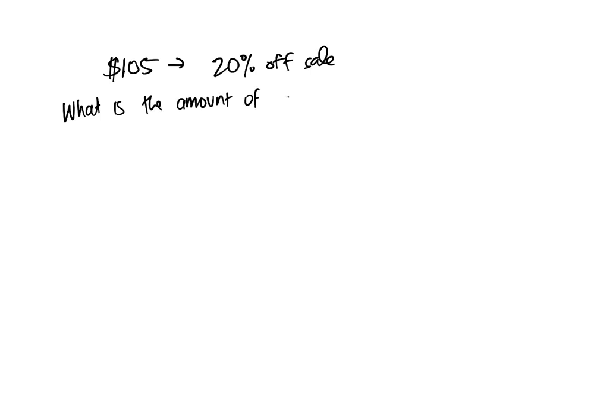One last application we'll go over is about pricing. So a textbook that is originally $105 is on sale at 20% off. So now instead of a percent increase, we're looking at a percent decrease. And we want to see two questions here. What is the amount of discount? And the second is, what is